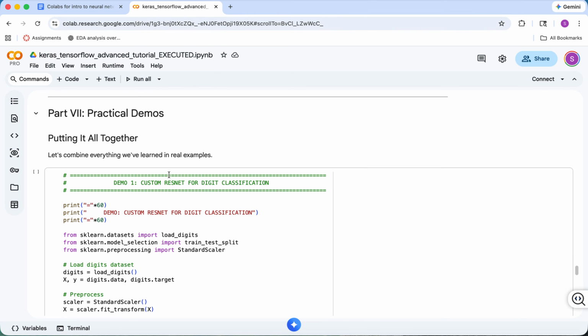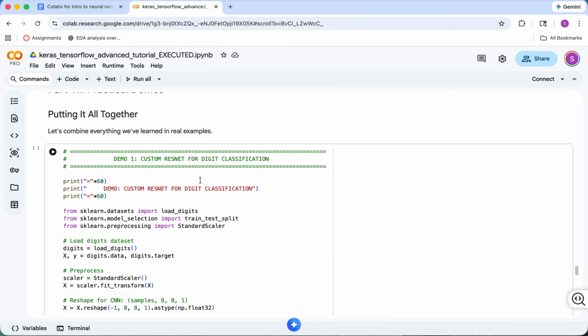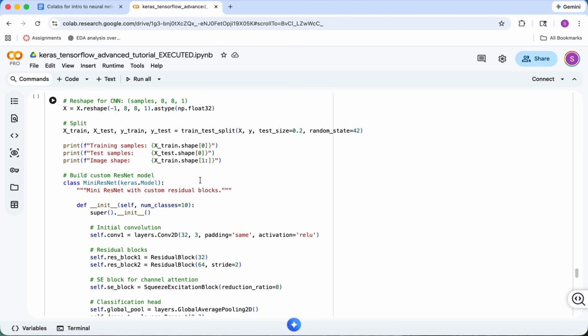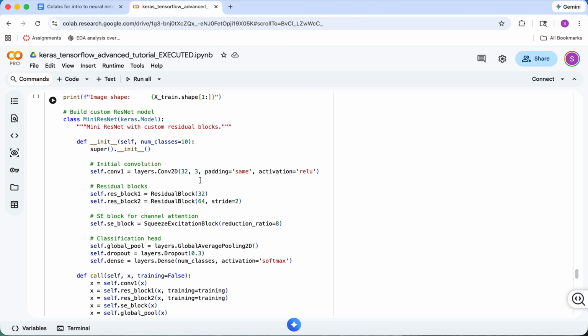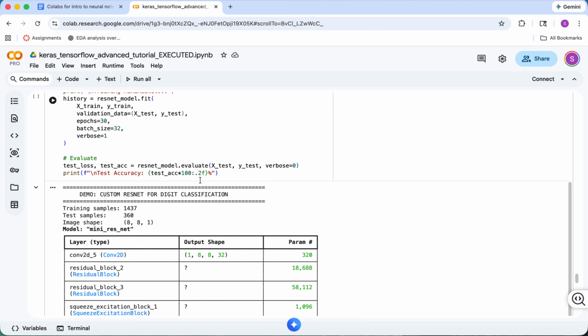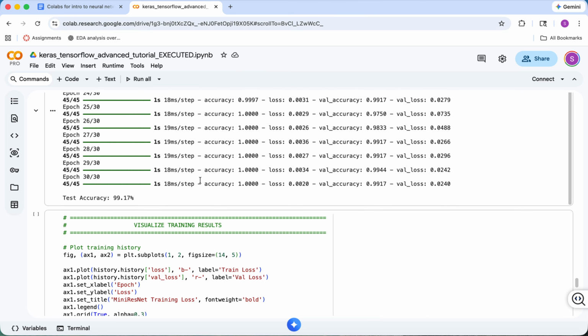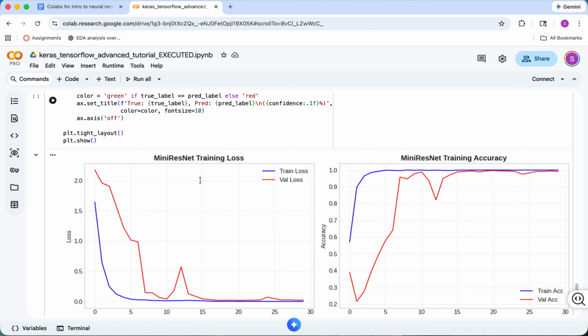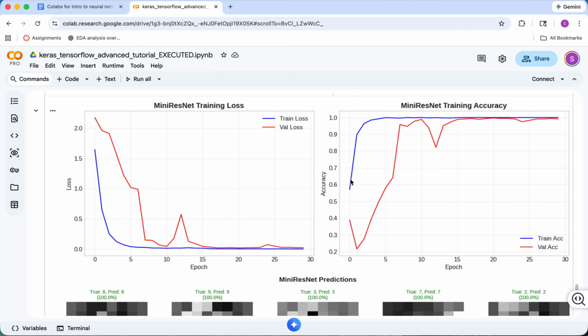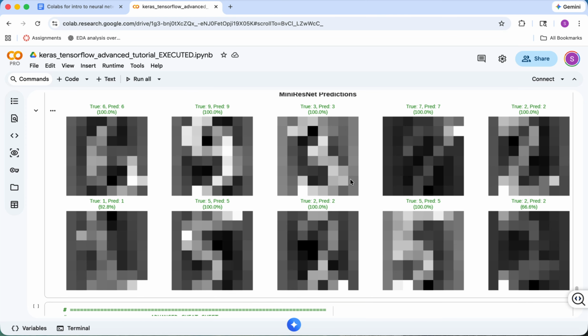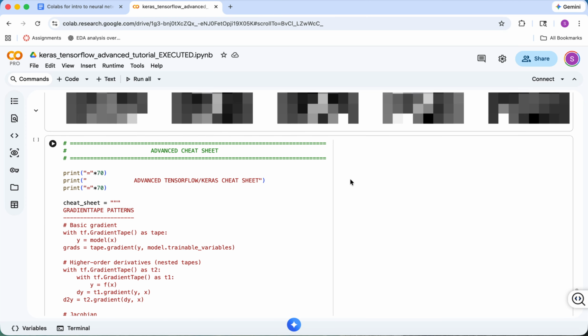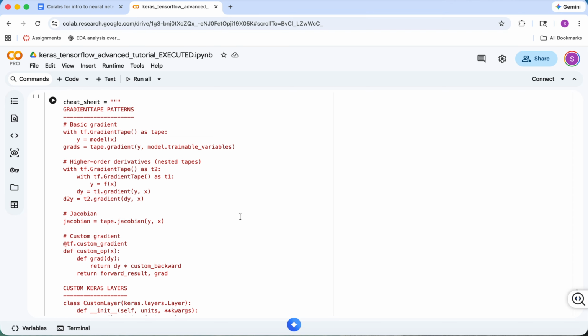Next cell loads the sklearn digits dataset, preprocesses it, and builds a mini ResNet by combining the residual block and squeeze and excitation block. In the next cell, I plot the training and validation loss curves alongside the accuracy curves into a two panel figure. In the final cell, I print a comprehensive advanced cheat sheet covering gradient tape patterns